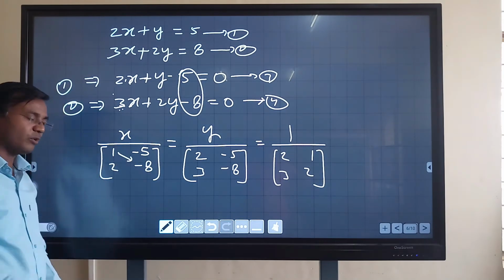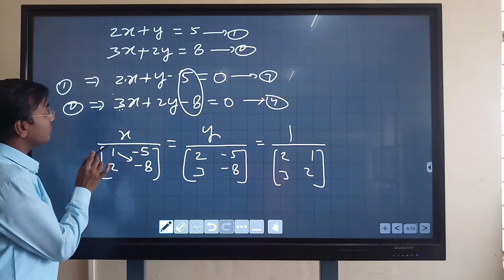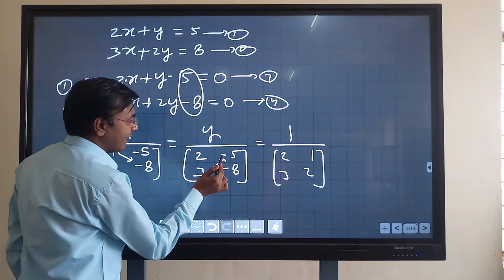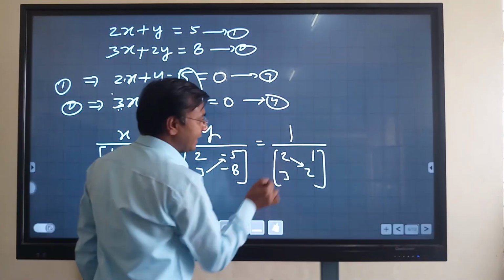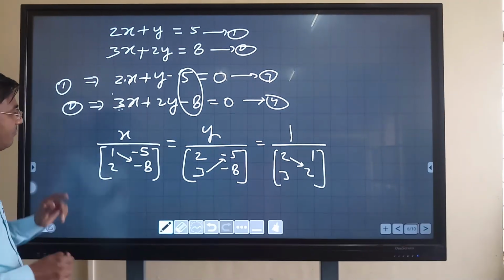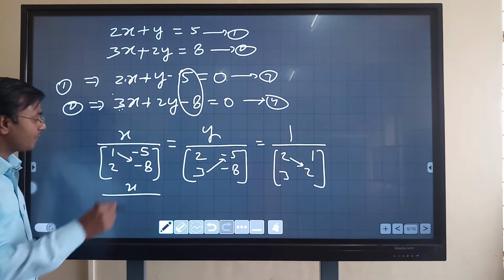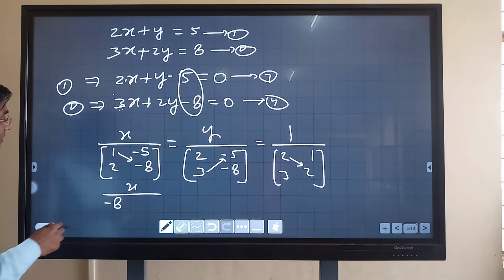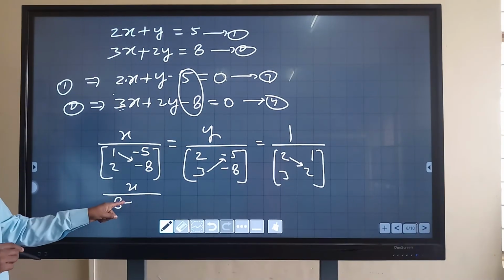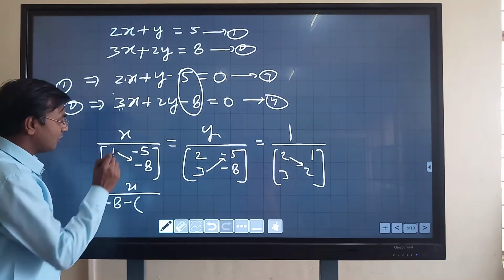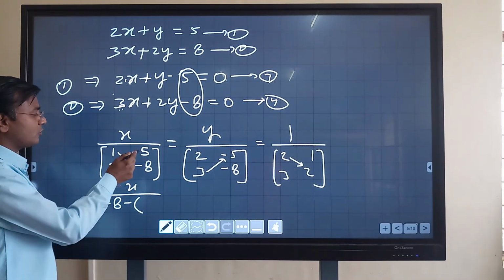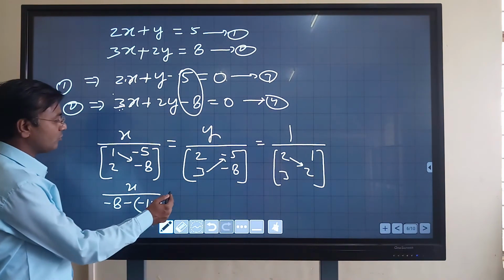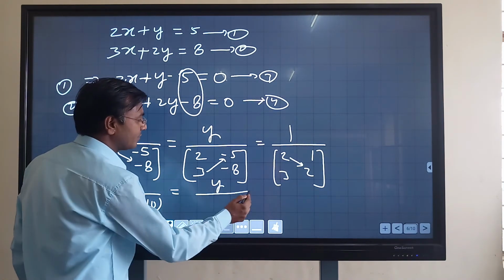Now the last very important point. Now we have to use the cross multiplication method. So this into this, I am using an arrow, and this arrow indicates that we have to multiply these numbers first. So multiply 1 into -8. What will I get? -8. Now minus. Every time we will write minus here. Now this cross product: 2 into -5. What is 2 into -5? -10 equals y upon.